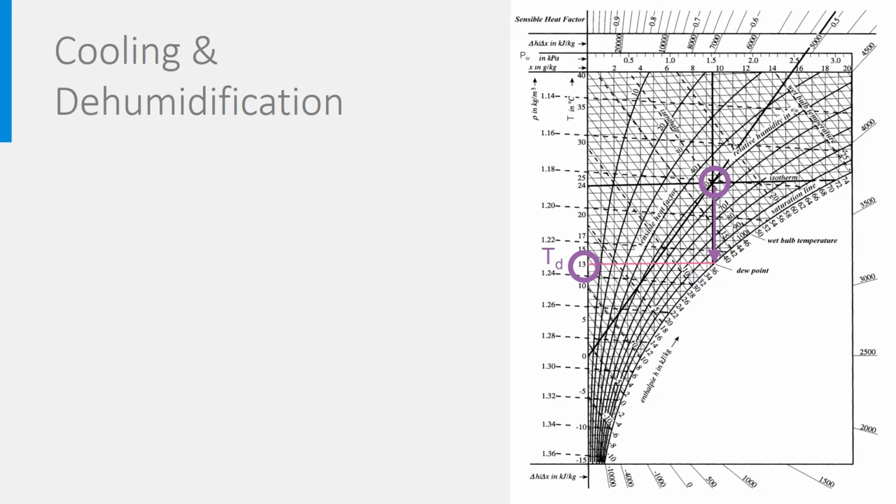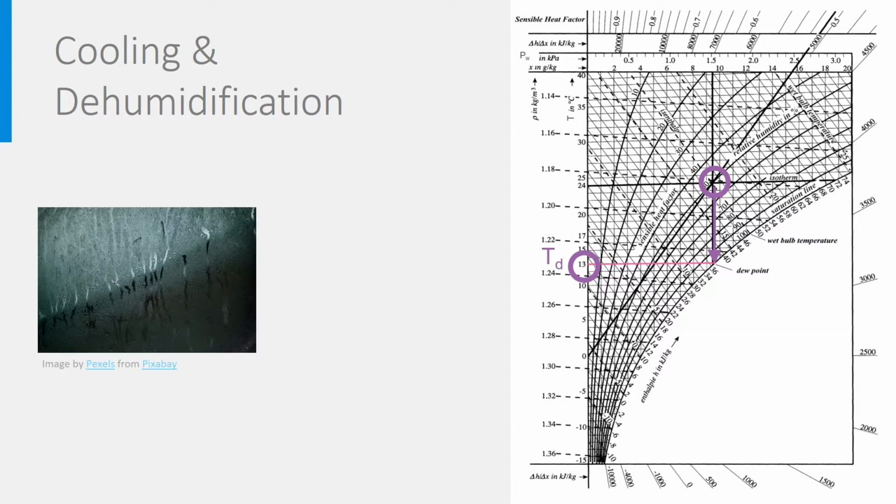Maybe you ask yourself now what happens if you continue cooling after the dew point has been reached. Well, at dew point temperature, water droplets start to appear, just like here on the cold window. If you continue to cool down, more and more water vapor will condensate. This water vapor therefore leaves the air to end up as droplets of water. The humid air contains therefore less and less water vapor. It is dehumidified, meaning it is drier.